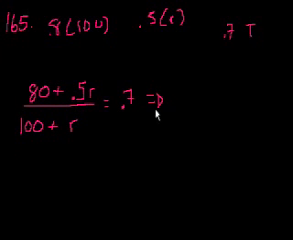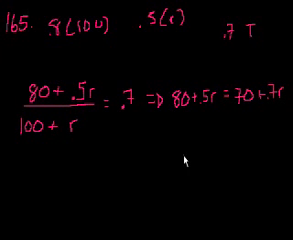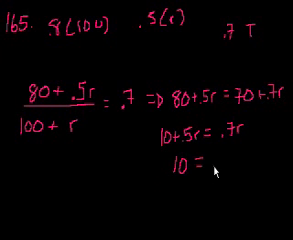And let's see, if we multiply both sides of this equation by 100 plus r, we get 80 plus 0.5r is equal to 0.7 times 100, which is 70 plus 0.7r. Now let's subtract 70 from both sides. You get 10 plus 0.5r is equal to 0.7r. And then if we subtract 0.5r from both sides, we get 10 is equal to 0.2r, or r